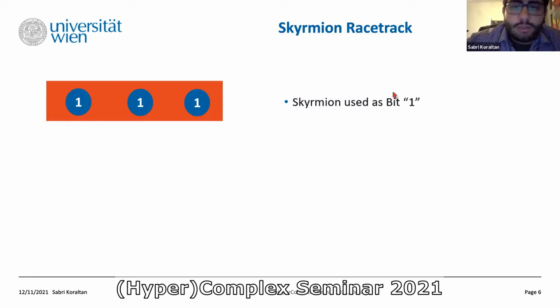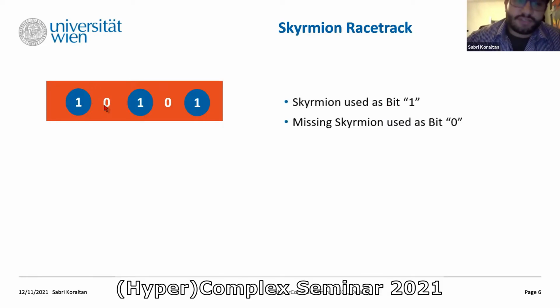And we can use the skyrmions to encode the information in terms of bits. So wherever we have a skyrmion, we would have bit 1. When we don't have a skyrmion, we would have bit 0. But the thing is, the information is then encoded in the distance between two skyrmions. So if here we would have a missing skyrmion, let's say we would have 1, 0, 0, 0, 1, the information would be given just by measuring the distance between these two skyrmions,